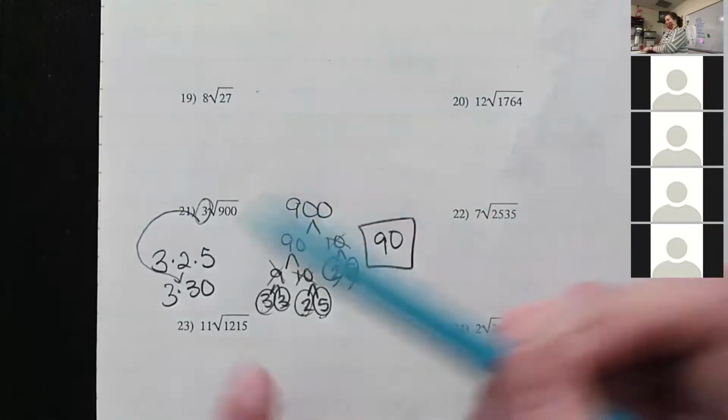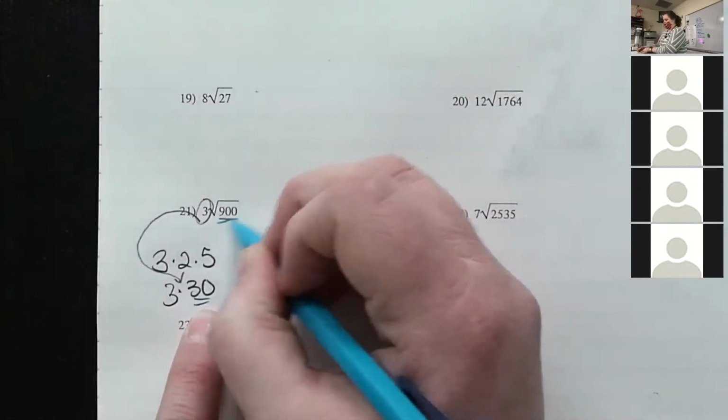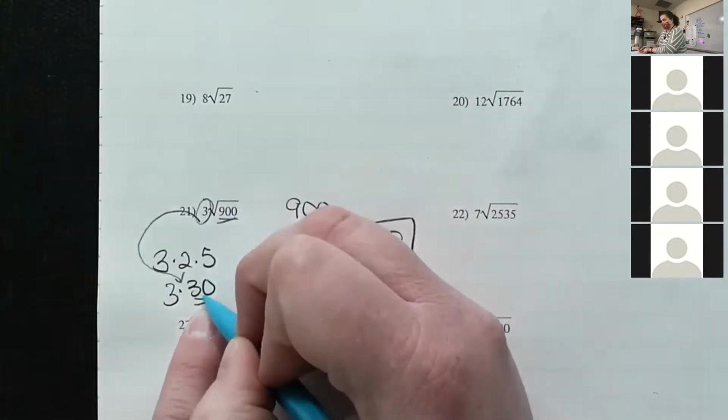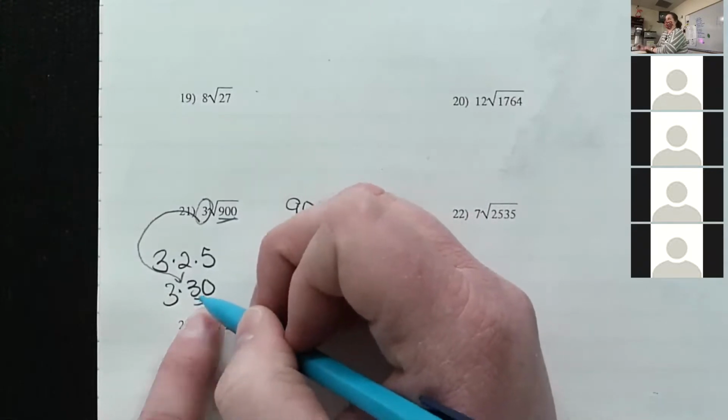Now, if you would have seen that the square root of 900 is 30 times 30, if you could have seen that right away, you could have skipped right to this last step. So like on number 6, if you already know what the answer is for number 6, you can go ahead and skip to it and not do your factor tree. Perfect. Now, if you did the factor tree, you're still going to get the same answer. But you don't have to. Okay, but when I do it, like I know you want us to do it on